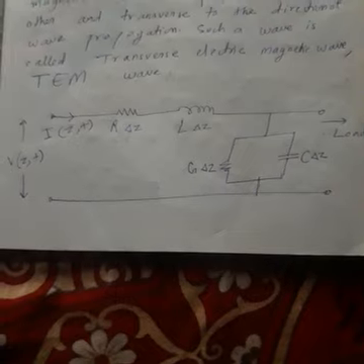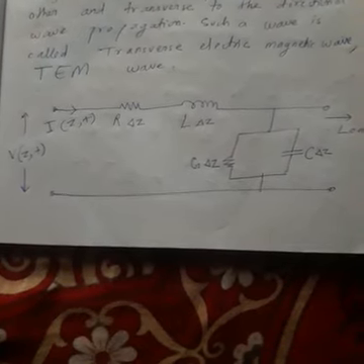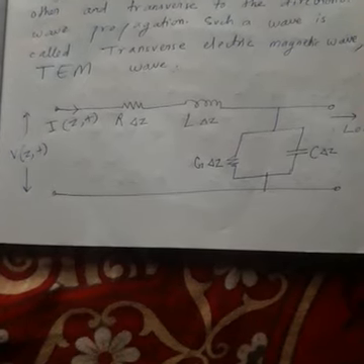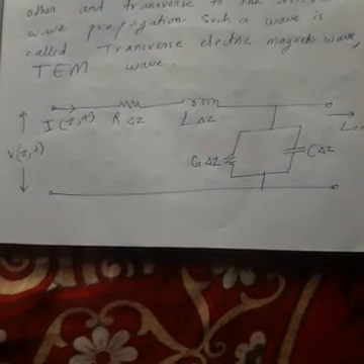Okay. So we have considered the source and the load. Let us consider that the source voltage is V(z,t). Why z and t? As I told you, the direction of propagation we are taking as Z, and it is time dependent. Definitely we are considering an AC signal, so it is time dependent. So voltage is V(z,t), current is I(z,t). Now if you look here, when the total current comes to the capacitance, the current divides into two parts. One current goes into the conductance and one current goes into the capacitance. Clear? Okay.